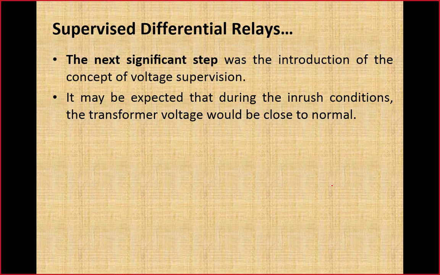But if the fault is within the zone of protection, first the under voltage relay will trip, then the differential will trip. In this way the fault will be cleared. But if the transformer has been energized, there will be current and the differential wants to trip, but as the under voltage relay hasn't tripped, it means there will be no tripping. That current was due to inrush current, due to energization. So by making this adjustment or interlocking, we can avoid operation of the differential relay by interlocking its operation with the under voltage relay.